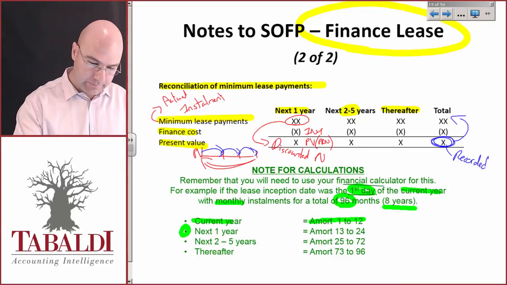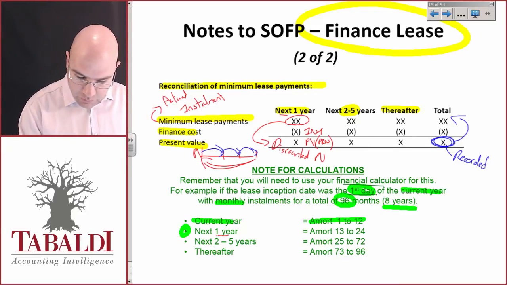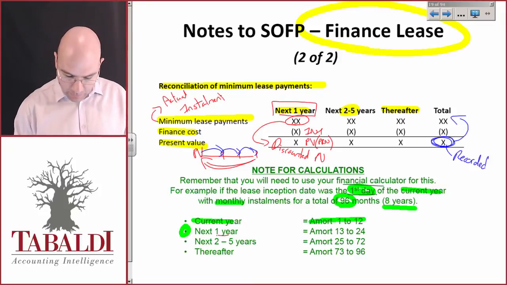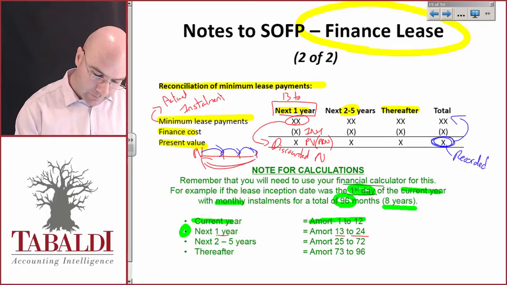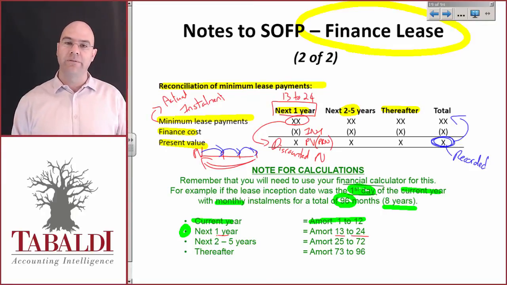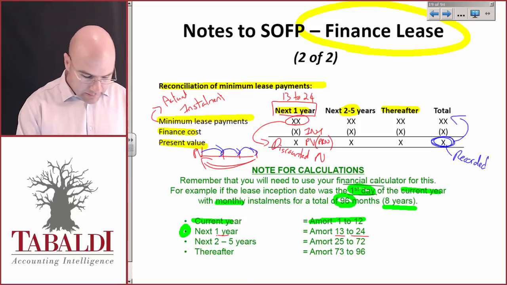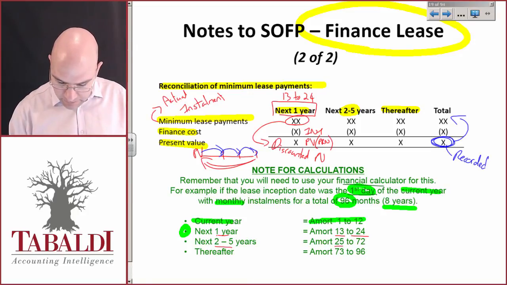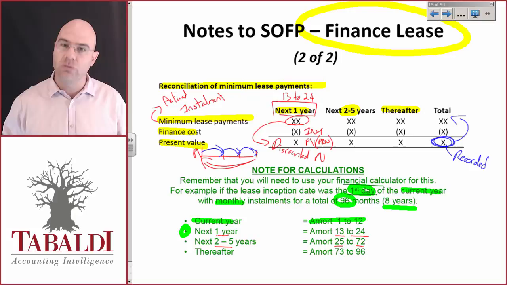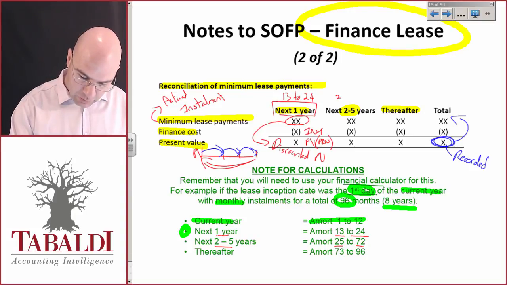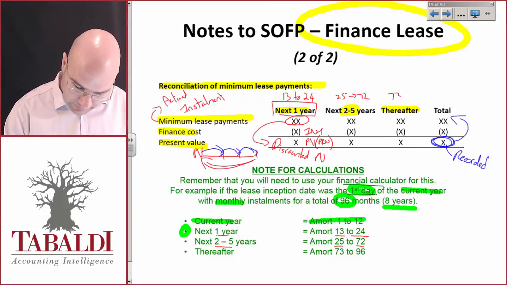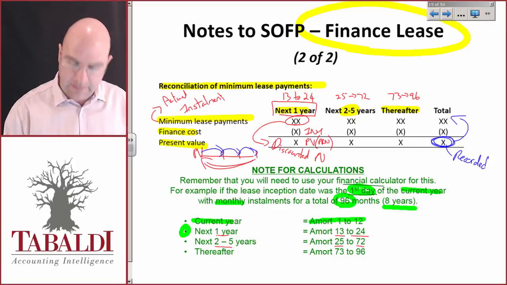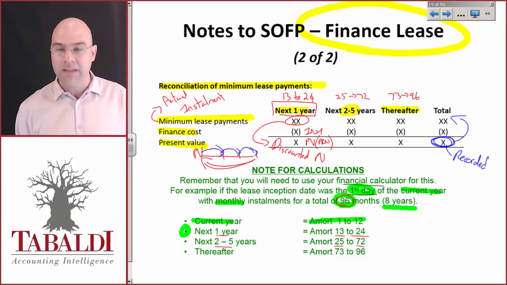Then the next year is what you have to disclose in this note, right? That will be amort 13 to 24 in this example. Okay, periods 13 to 24, we're working with months, right? Then the next 2 to 5 years will be periods 25 to 72. Okay, so month 25 of the lease all the way through to 72 of the lease. And thereafter, you will use 73 to 96. Remember, we had a total of 96 months,